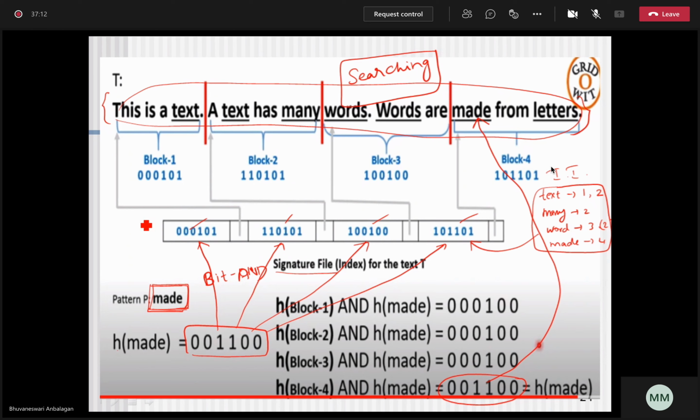This is made with a very few number of bits. The bits required for storing, compared with an inverted index, will be less in the signature file. But the drawback of the signature file is that it is not compatible when you encounter a file with huge bytes or bits of data.